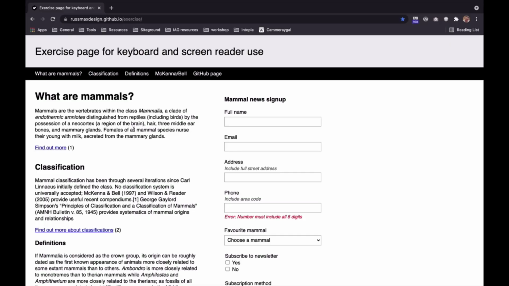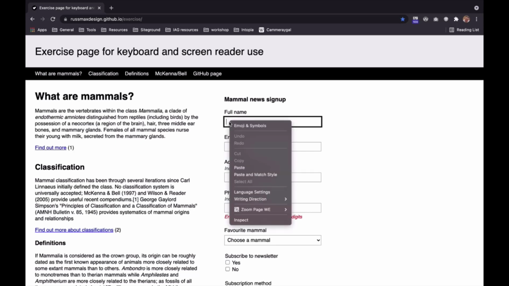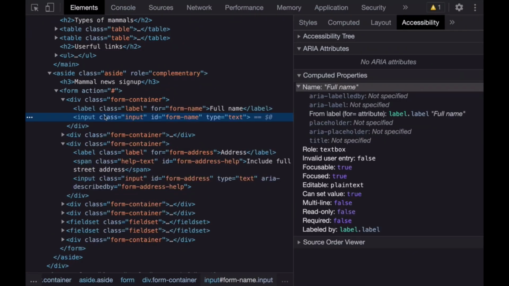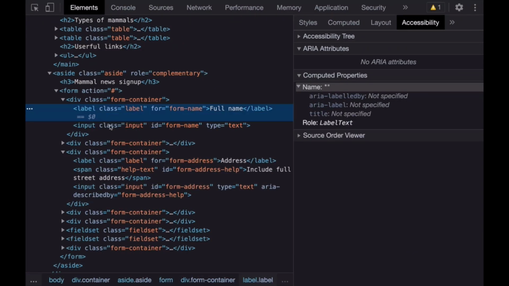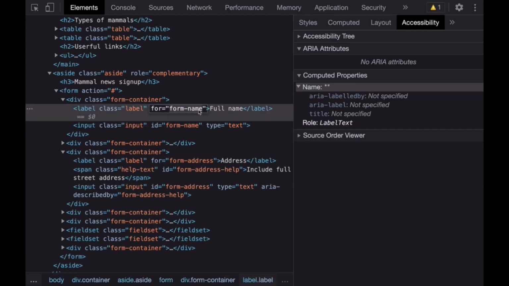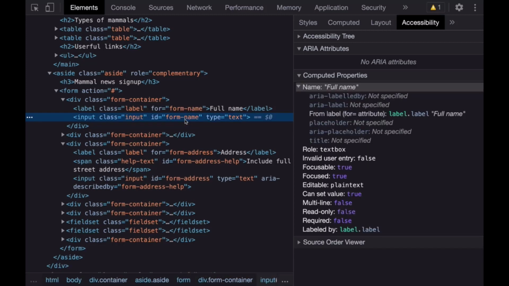Okay, let's look at some examples of troubleshooting. What we might start with is, let's go back up to the full name field. What we're going to do is inspect element and go over here, and here's our input and here's our label. But one of the things we need to do as testers or people that are checking for accessibility is making sure that there is an accessible name there. Now, all it would take would be for us to change this for value or this ID value, and we could make this name disappear.